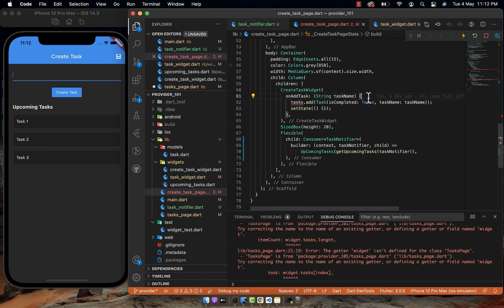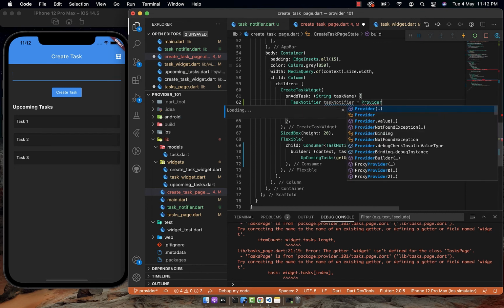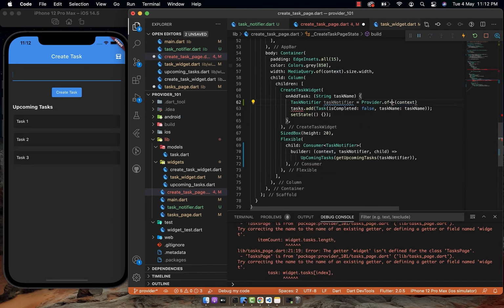So we will use Provider.of(context) to get a hold of this task notifier. Now that we got the task notifier, we'll call the add task method on it. We can get rid of this setState because it is not serving the purpose now. Consumer is doing this job.